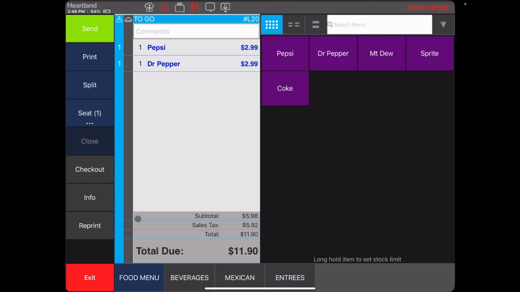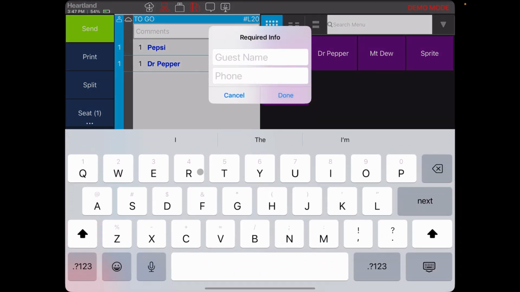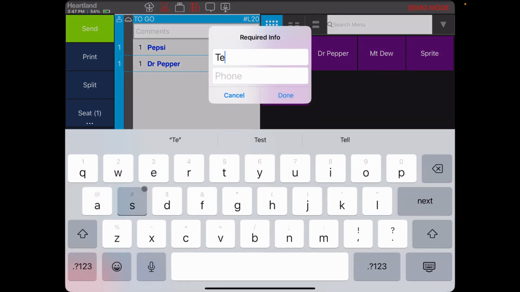So when you're ready to close the ticket and it needs to be closed to a custom payment or a custom tender, you're going to go to the checkout screen here, enter the guest info if needed,